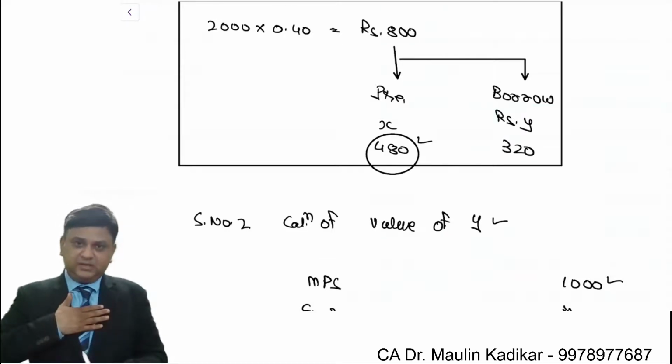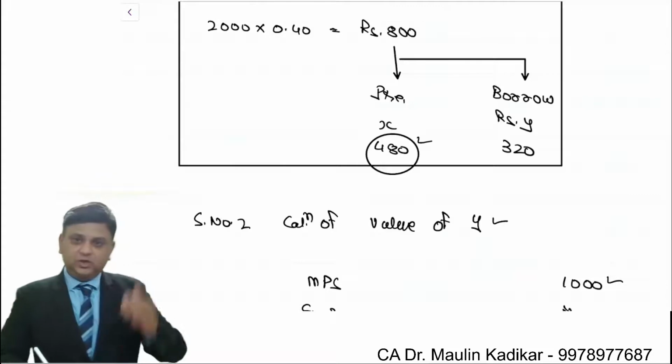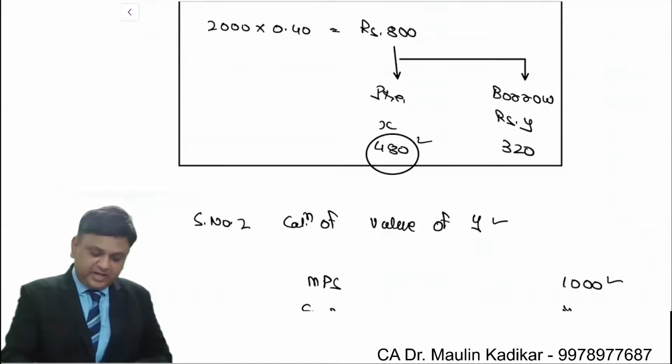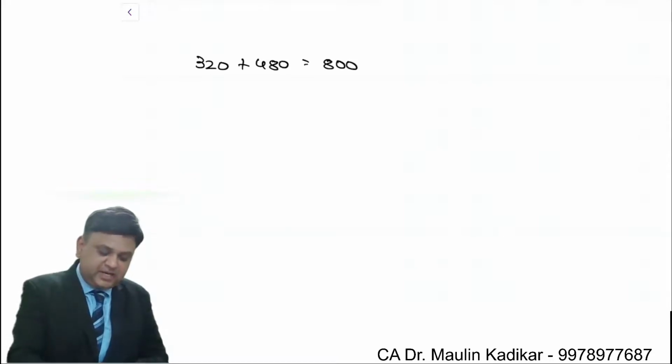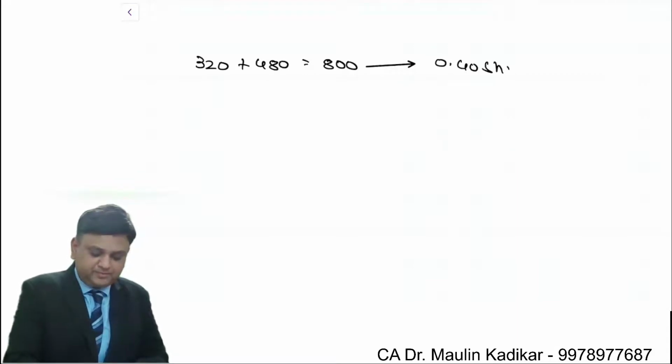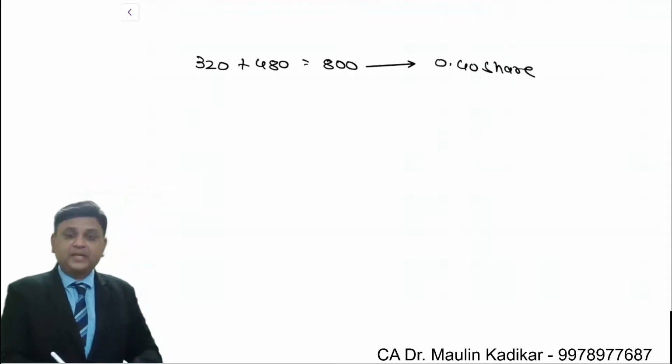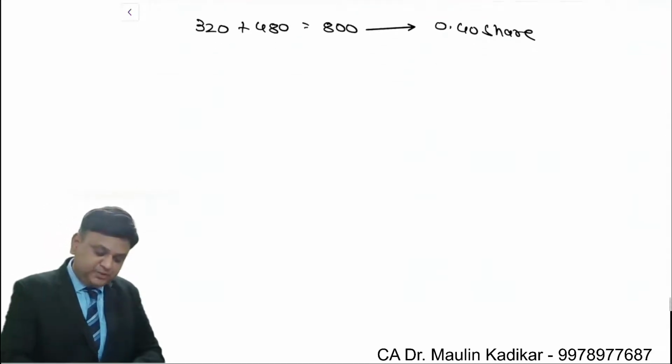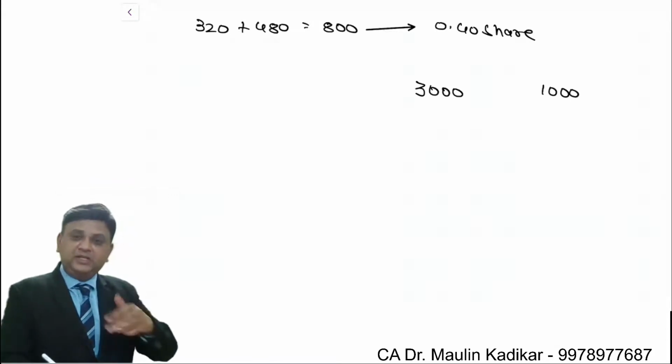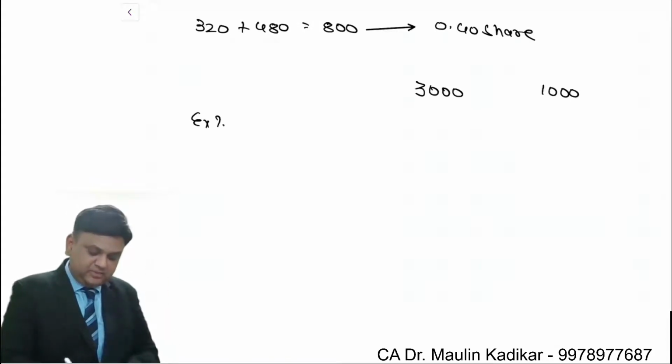I am the option seller. Taking this into account, I have borrowed an amount of 320 and collected a premium of 480. With this 800 rupees, I have invested in the security equal to the hedge ratio, that is 0.4 share. At the end of the year, the price would be either 3000 or 1000. Will he exercise his right? Yes in the first case, no in the second case.